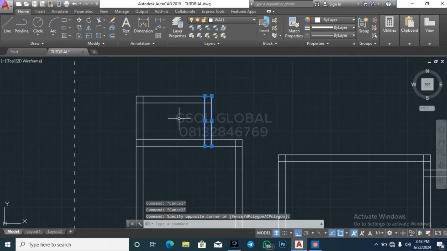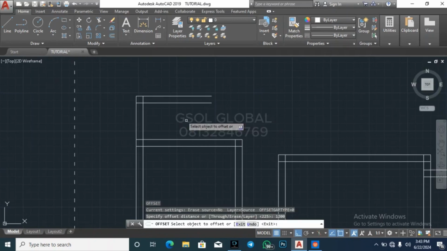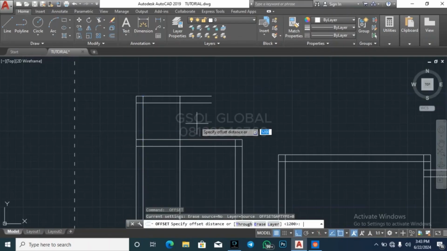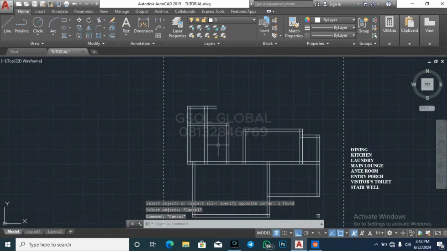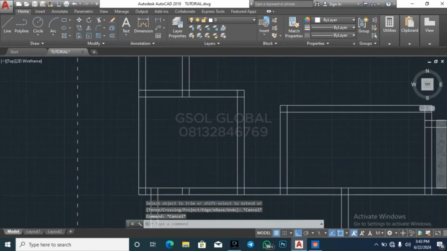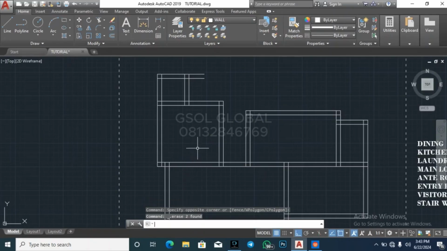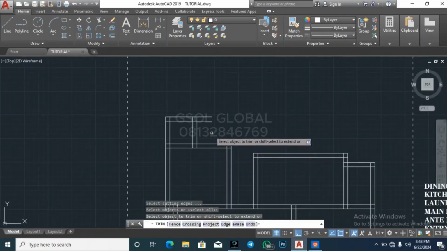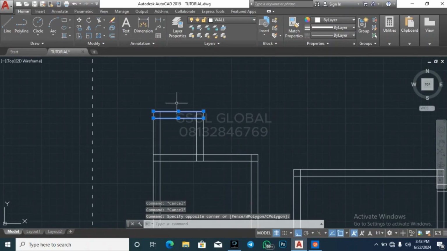Okay. It's too small. So let me make an offset of 1, 2 to this direction, and then 2 to 5. I want to change the orientation of the store to landscape or portrait, depending on the view that you are viewing from. So I'm going to delete this. And then I will just trim this off, and then I will delete all of these and make an offset of 2 meters